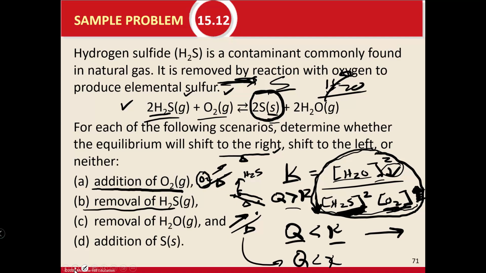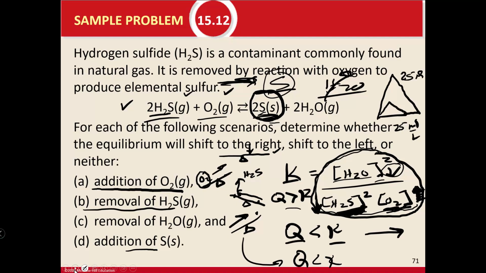All right, what happens when we add sulfur? So we're at equilibrium, and we're going to add some more sulfur. Well, here's where it gets tricky. There's already sulfur present. If I add some more sulfur, it's not going to change the concentration. Let's think about it here. You've got this pile of sulfur, and the molarity is, let's say it's 25 moles per liter. Whatever. If I add more sulfur, here's a bigger pile of sulfur, well, the concentration is still 25 moles per